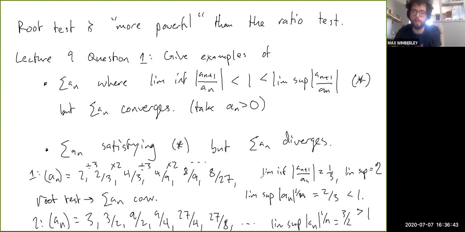There are three possibilities: either the ratio test tells you something, in which case the root test would tell you the same thing, or the ratio test doesn't tell you anything but the root test does, or both of them don't tell you anything. But it's never the case that the ratio test tells you something that you can't theoretically get from the root test instead. So that might leave you with the question: